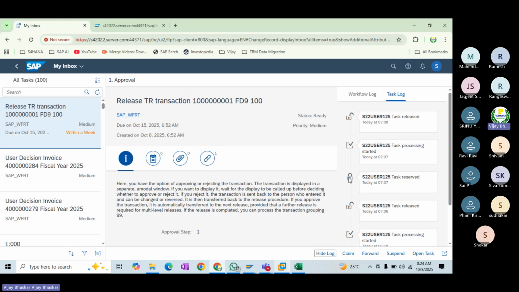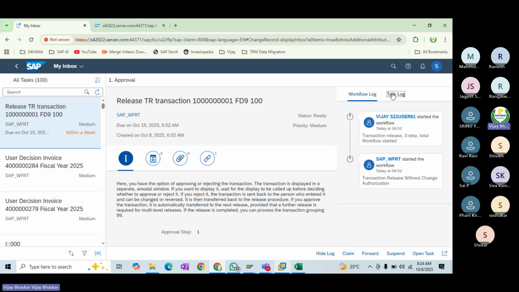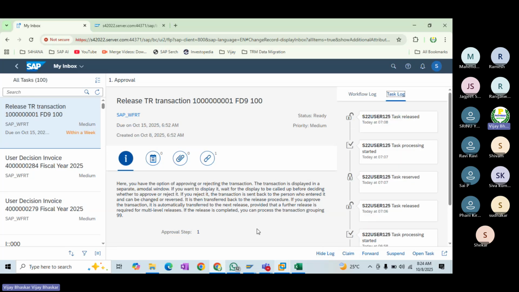You can see how it is locked. As soon as I reversed this one, it was locked again. The deal has been locked here. Again, as soon as it is under processing, it has now been released successfully. You can see that log, just for your information, to show how it is going to work.